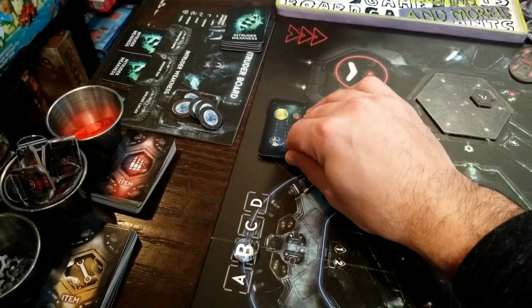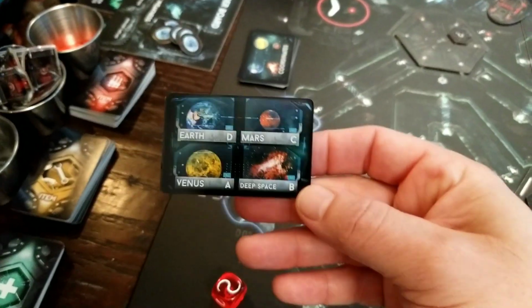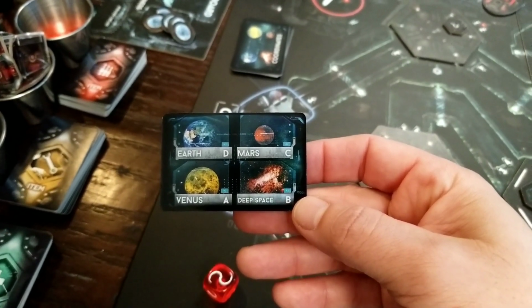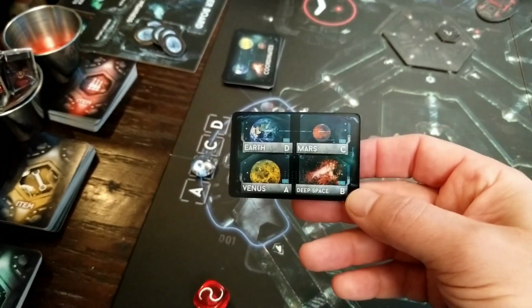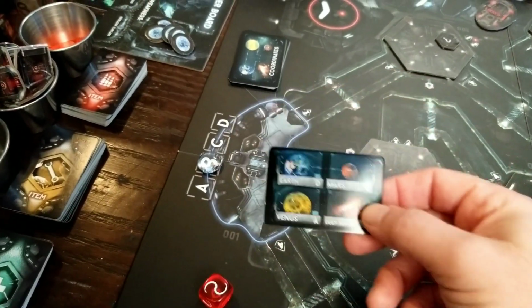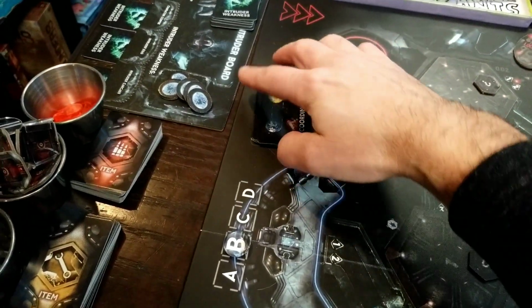Usually there's just one card here, but this randomly decides where B and A and D and C are in any particular game. So for instance, in this particular game, this ship is headed to deep space. Well, you probably don't want to be headed to deep space. You probably want to be headed to Earth or something. So you may need to go up here, find out where you're headed,